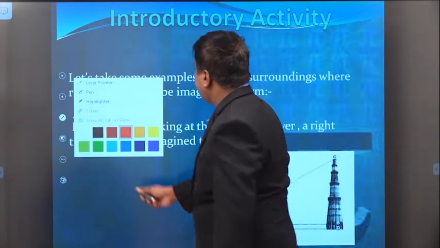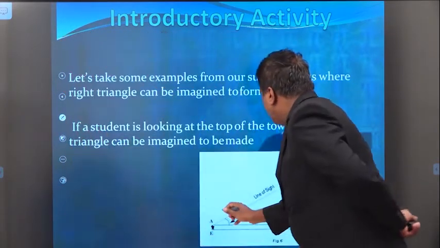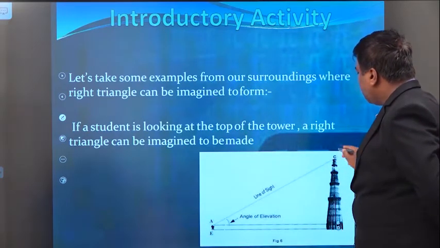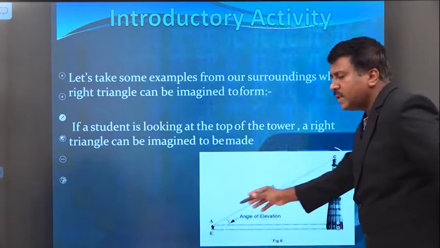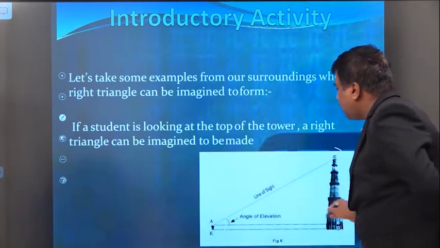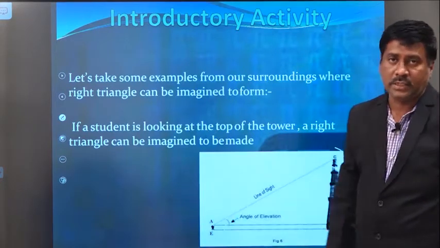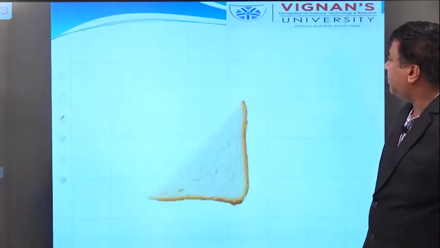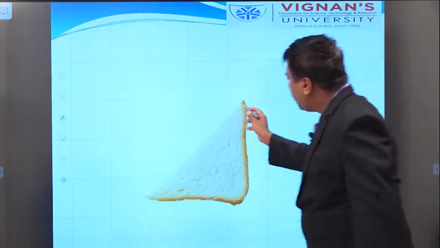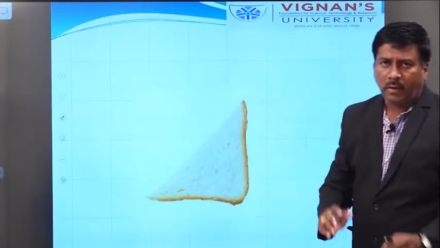So this is the person. This is the person. Now, this is the object. The person has to be seen at some angle, so here a right angle triangle is to be formed. We have to imagine it like that. And whatever the line of sight is, that means we have to cut it in the form of a right angle triangle.